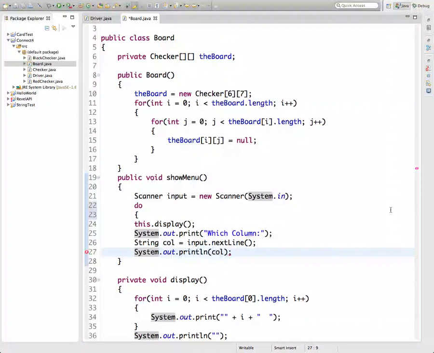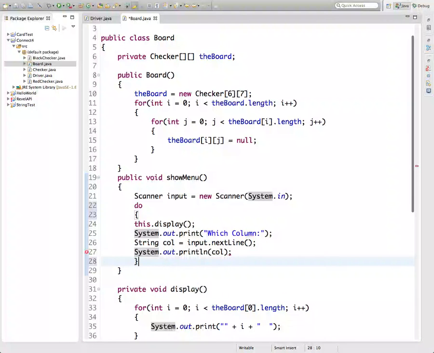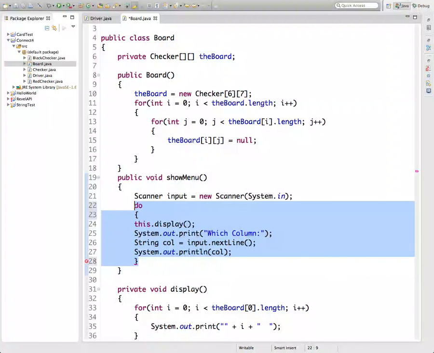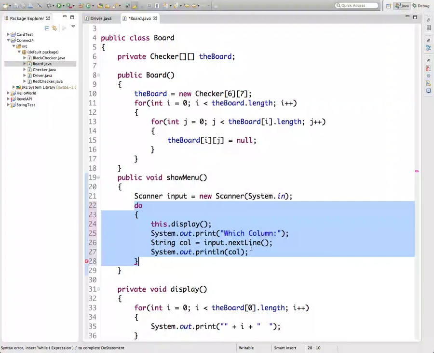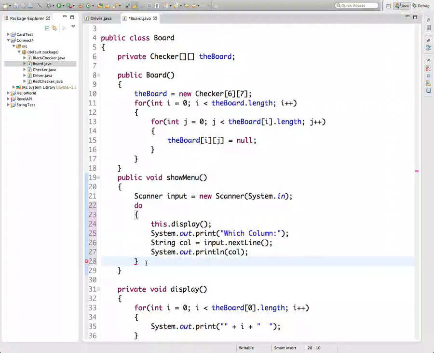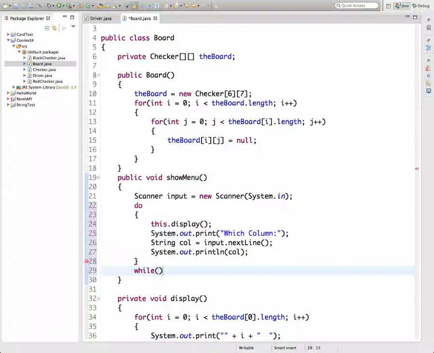all this, while what? While the String input col is not between 0 and 6? While they still have a move to make, right? So do that while